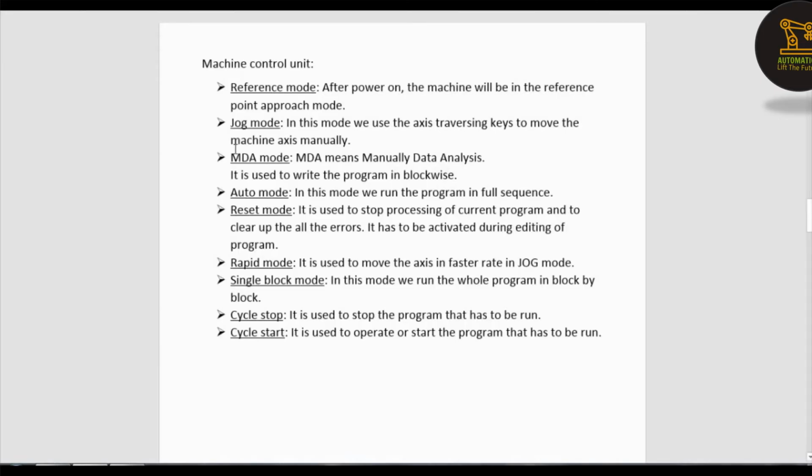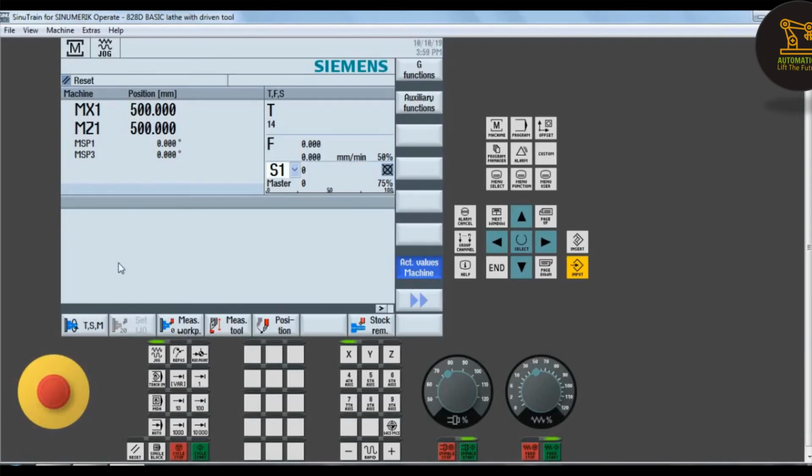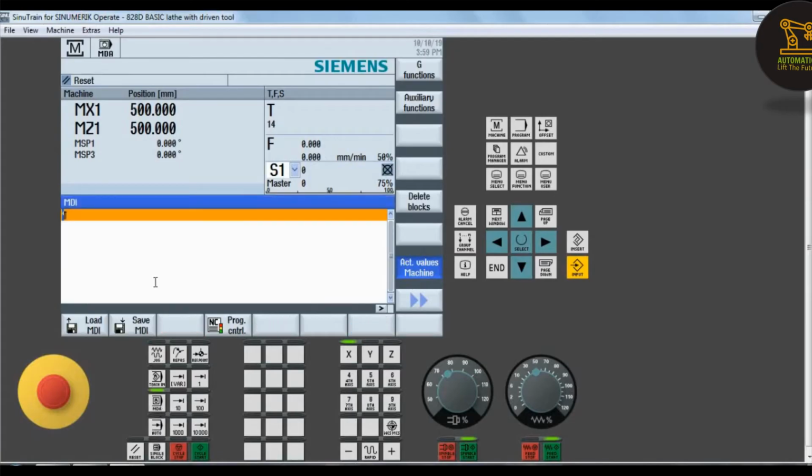Let's get into MDA mode. Let's write something: G75 X0 Z0 and cycle start. Both the axes move to the 0, 0 position.